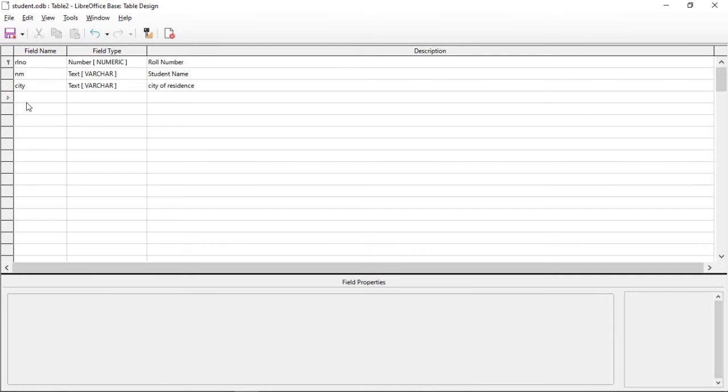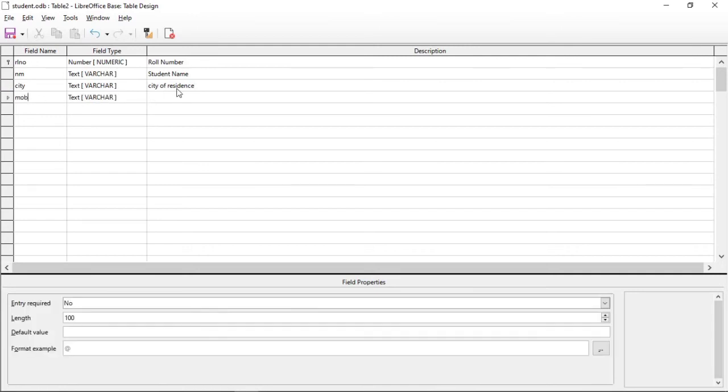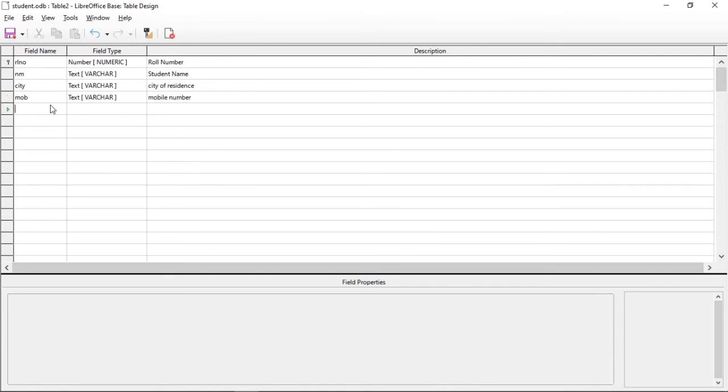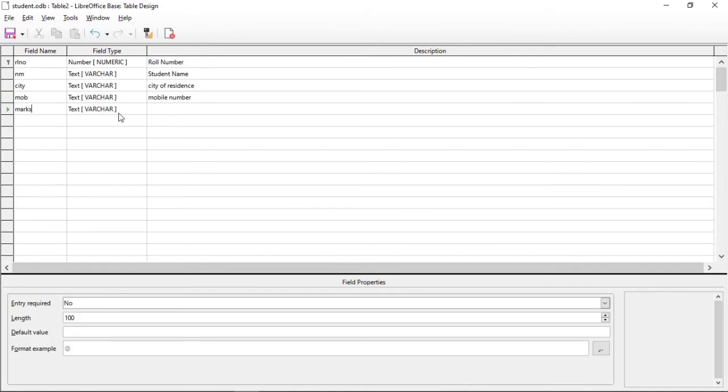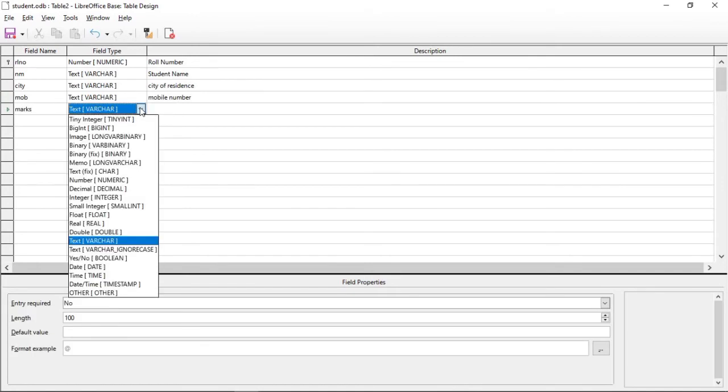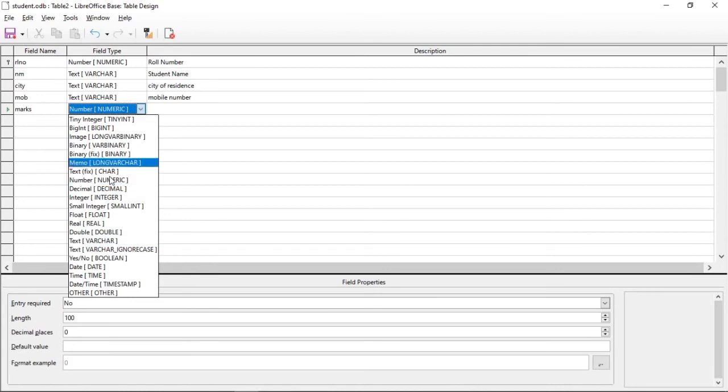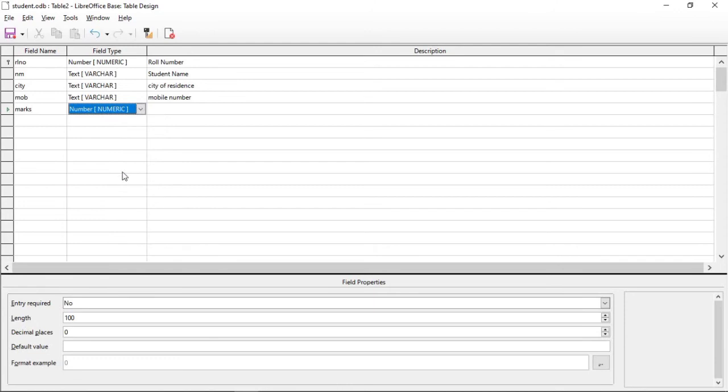Next we can add suppose the mobile number. So add here a description, that is mobile number. We can specify here marks. Suppose marks will be in a numerical form or in a decimal form also.